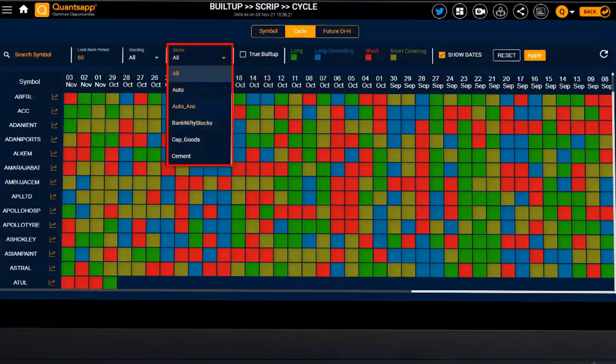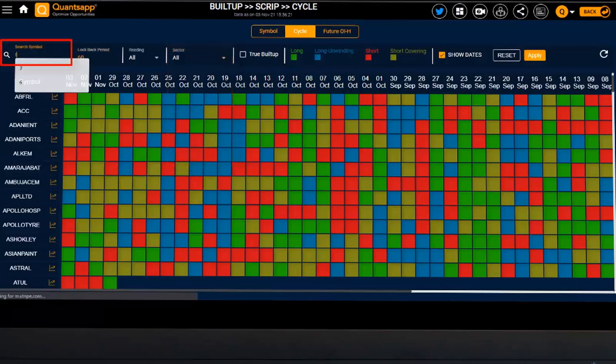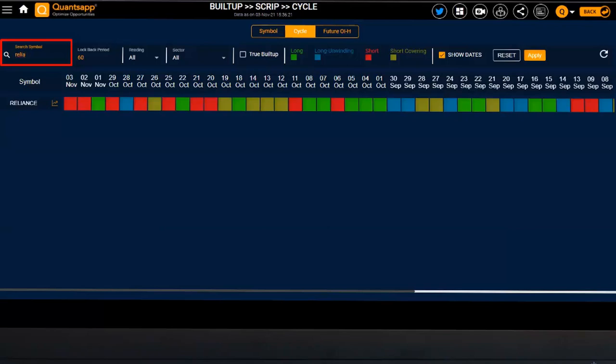Further, again we can use this filtration panel of sectors to shortlist our stocks as per the sector filtration. Also we can use the search symbol to search for our desired F&O instrument. So if we see in Reliance, consistently from 20th of October up till the current day, Reliance has just witnessed 2 long build-ups. The rest, the majority of the things were on the short or short covering side. There was only just one short covering. Rest all the things were negative in Reliance.